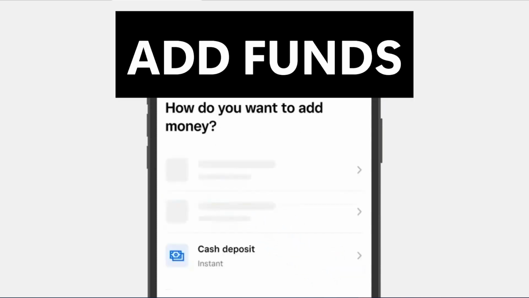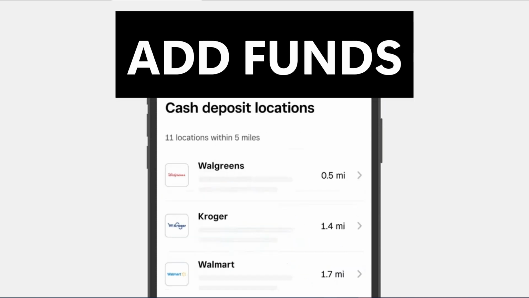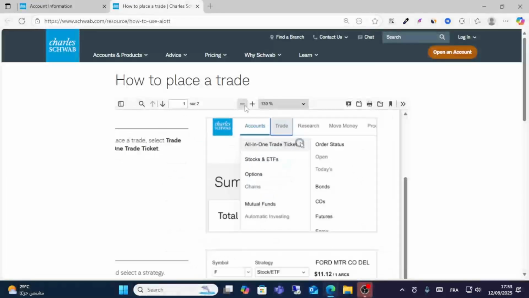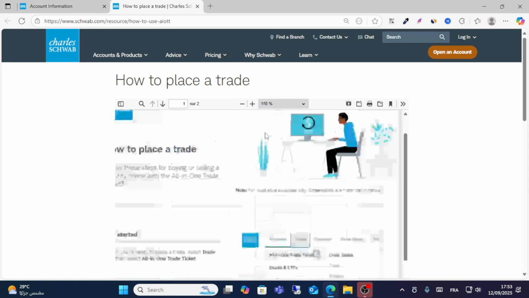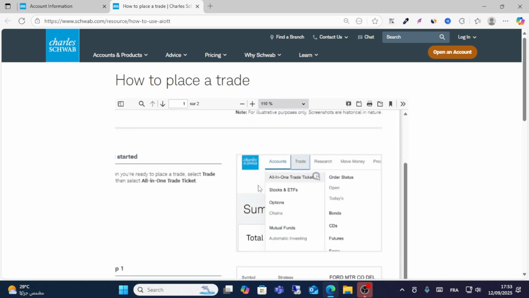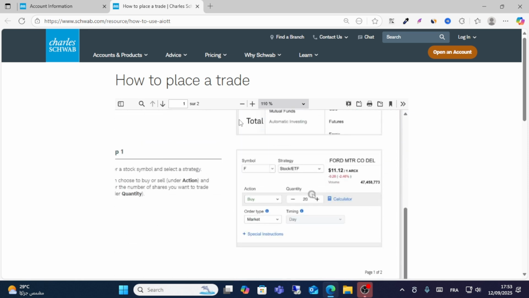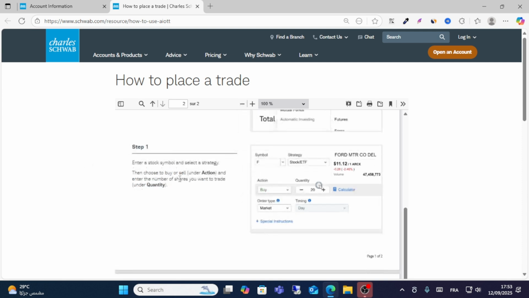in your account, and then click on trade ticket. You can see here, click on this one, trade ticket. After that, scroll down, and you see this option, trade ticket. From here, friends, all you have to do is enter your stock symbol, choose the stock symbol, as I say, and